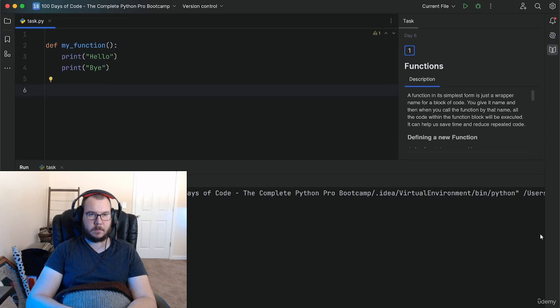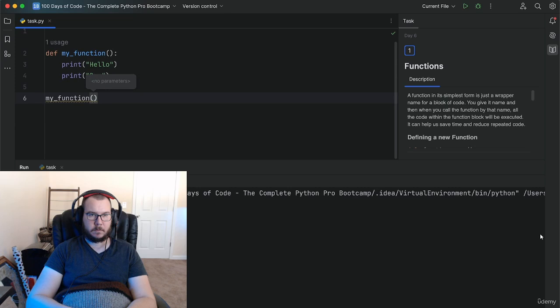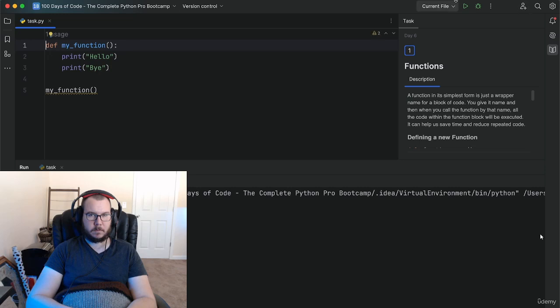And to trigger it, or in programming lingo, we would say to call the function, all we have to do is type the name of the function, which is my function, and then add the parentheses and any necessary inputs. In our case, our function doesn't require any inputs, so we can leave the parentheses blank again. And now, if I go ahead and run my code once more,